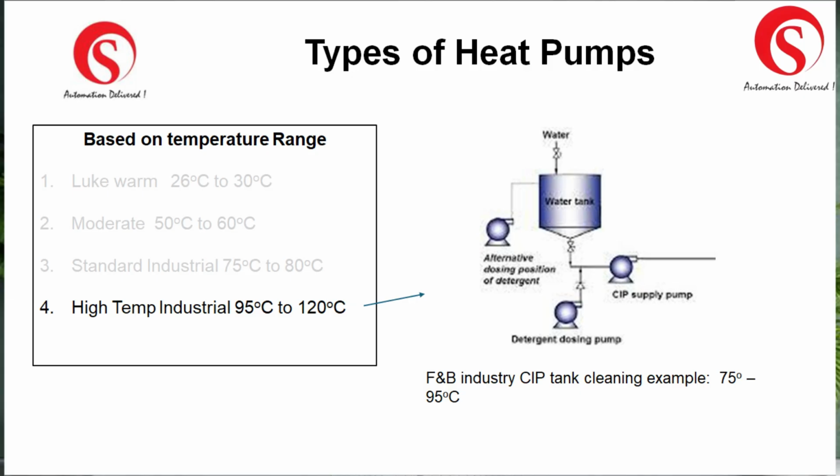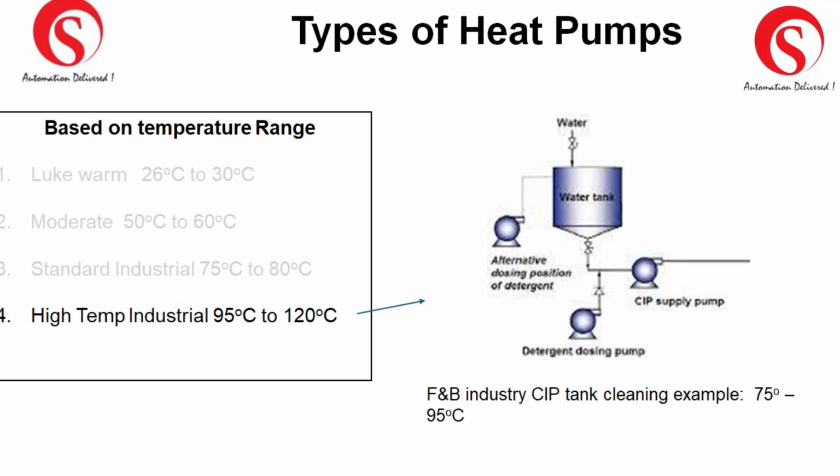Let us say less than 100 kilowatt capacity, less than 50 kilowatt capacity. So the 120 degree centigrade heat pump is a recent addition with the development of compressor technology, availability of refrigerant, which is suitable for use in this particular application. So using this 120 degree centigrade heat pump, even many CIP processes where you require 95 degree centigrade hot water,